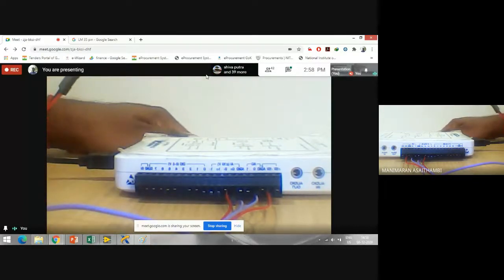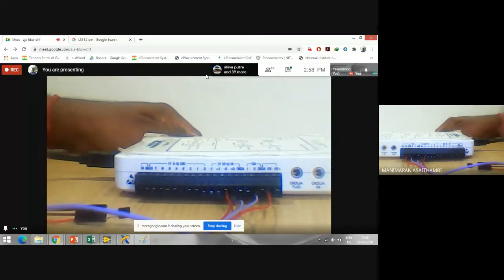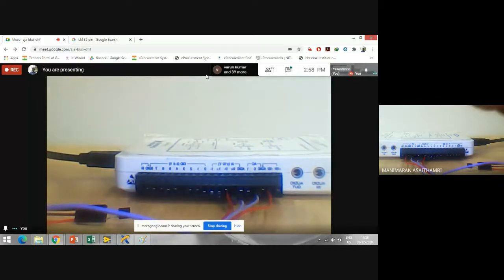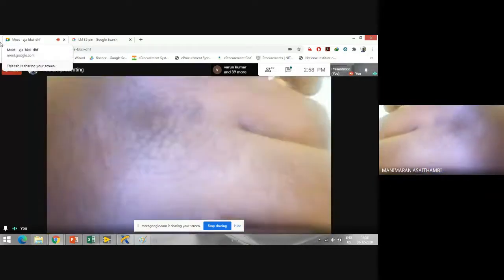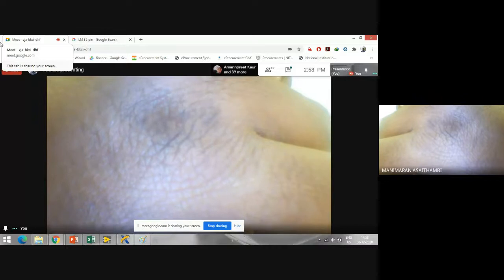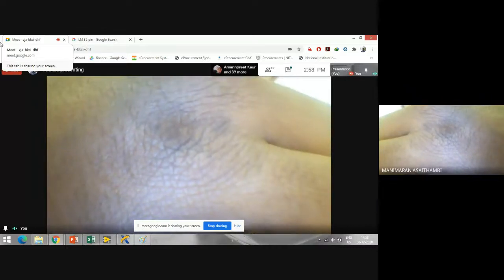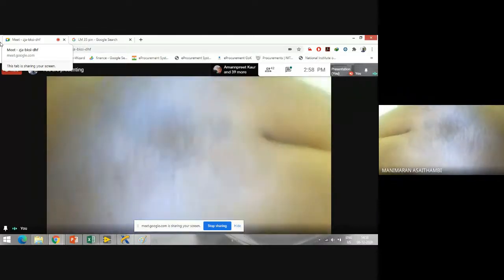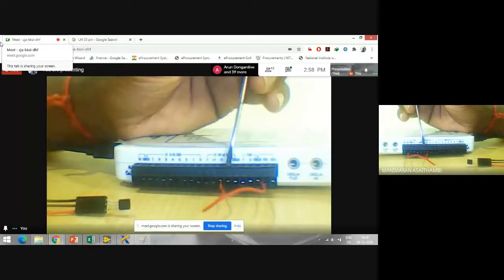So how could I make use of it? I'll just remove those wires because I need some wires too for connections. Now I remove this analog output channel 0 to analog input here.